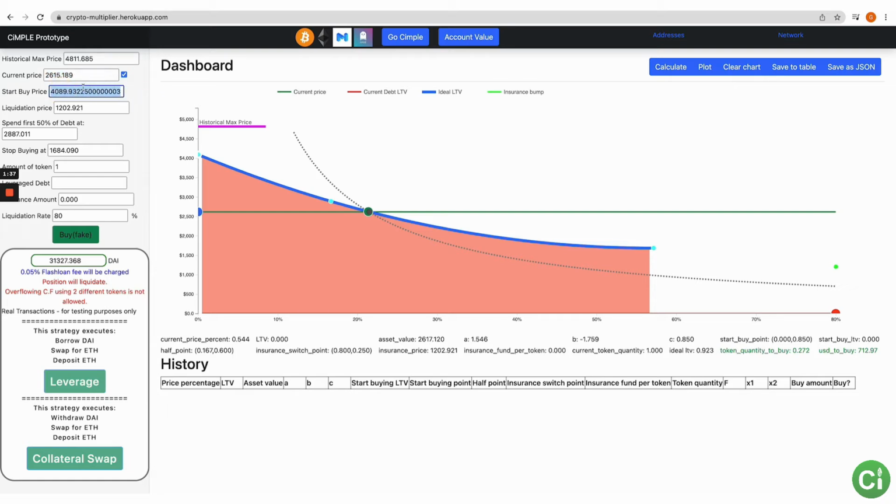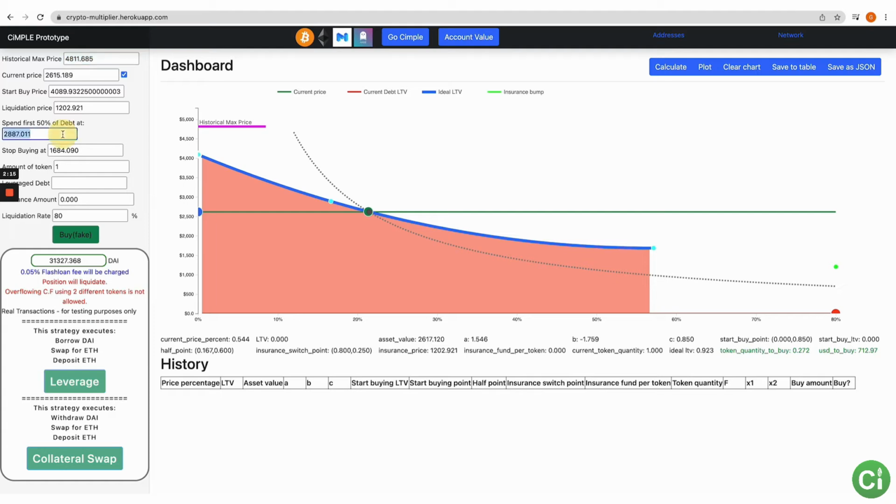Start buy price is 15% off of this. You can change it to whatever you want. If you think that's too high, then you can change this to some lower amount, and you won't start buying until there. It'll just adjust it on the graph, and then it'll still do all of the calculations based on whatever you set it up as. The next thing is the liquidation price. By default, that is 25% of the historic max price. That is the main thing that you need to pay attention to. So if it's 12, I'm just going to round up to 1250 because I can do that math in my head. If it was 1250, that would be exactly $1,000 worth of debt per token that you could take on, right?